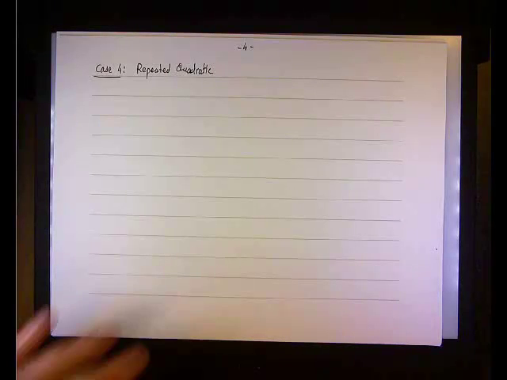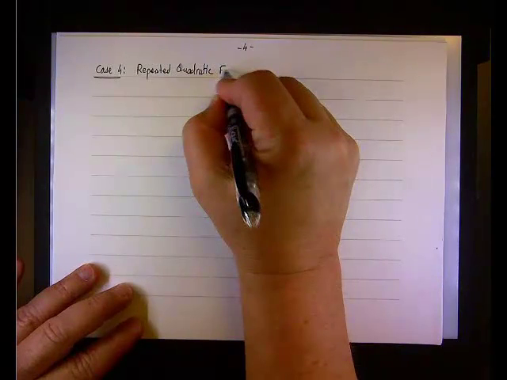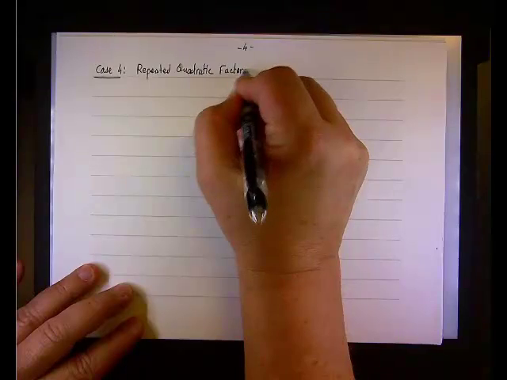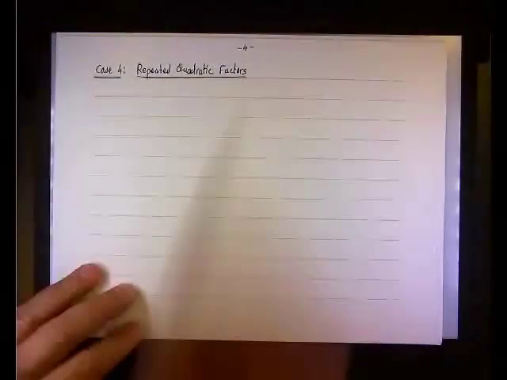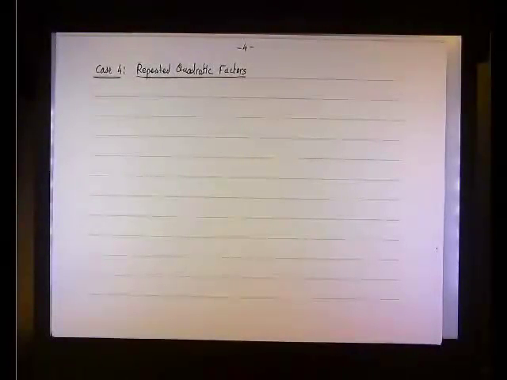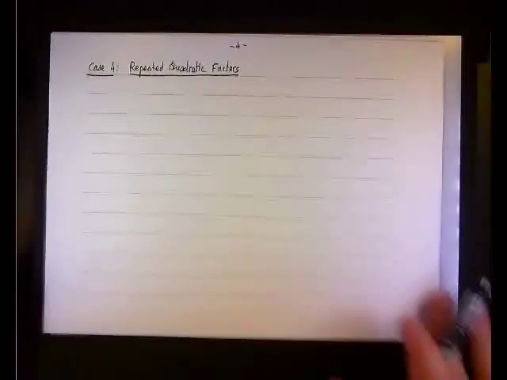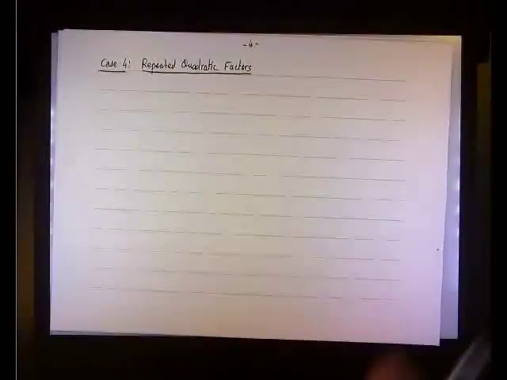for repeated quadratic factors, but it's more than that. It's the all-inclusive case. So you may have a linear factor, a repeated linear factor, a non-repeated quadratic factor, or more than one quadratic factor in this case. So